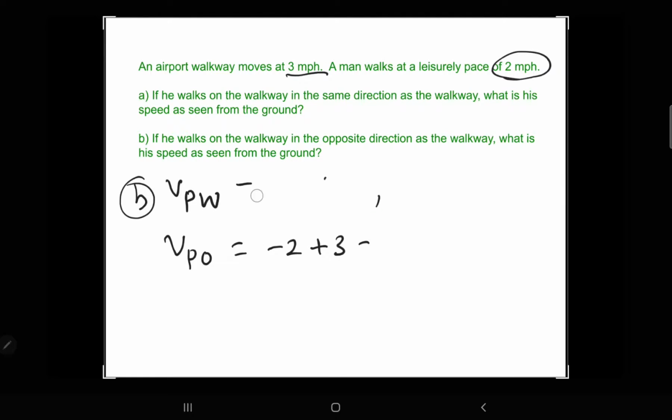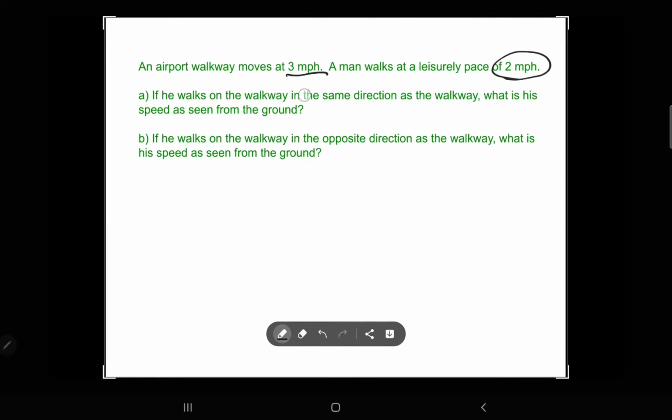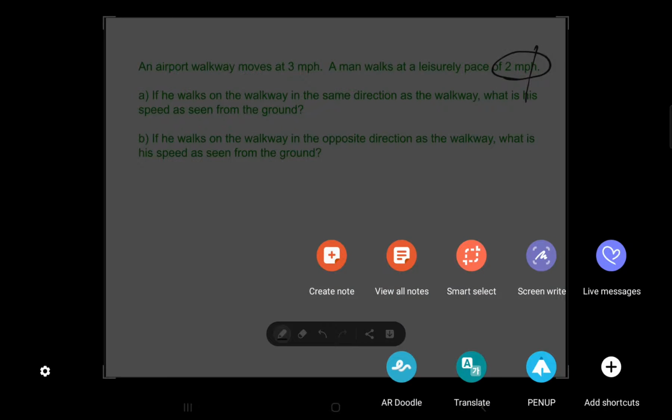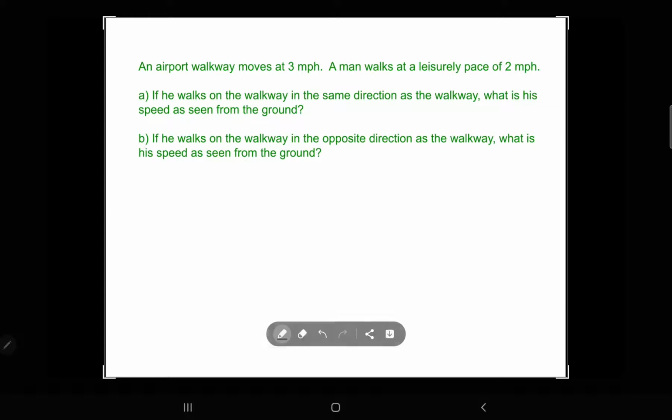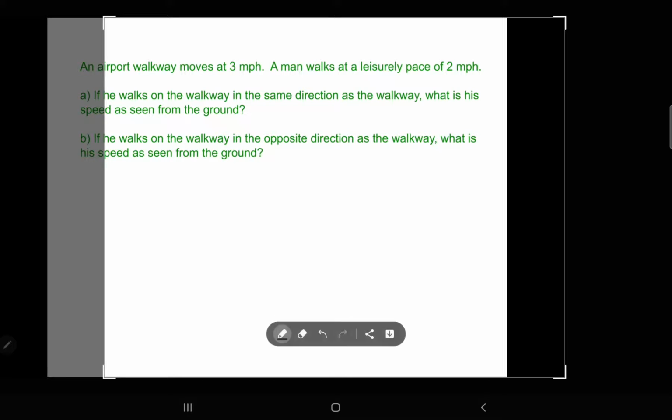Okay, so this is the one problem. But it may not always be the case. Suppose that